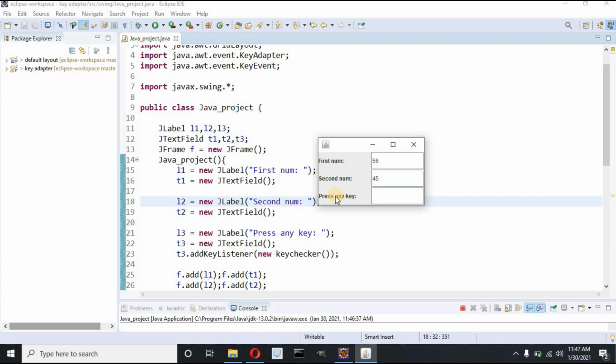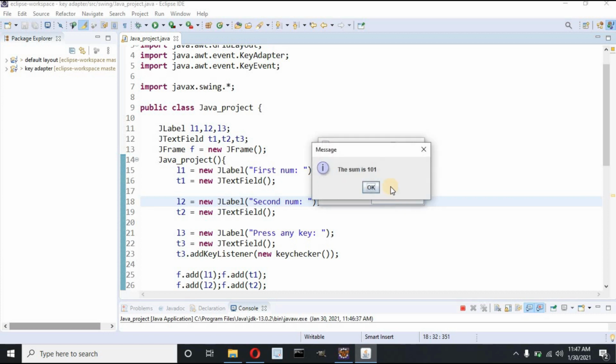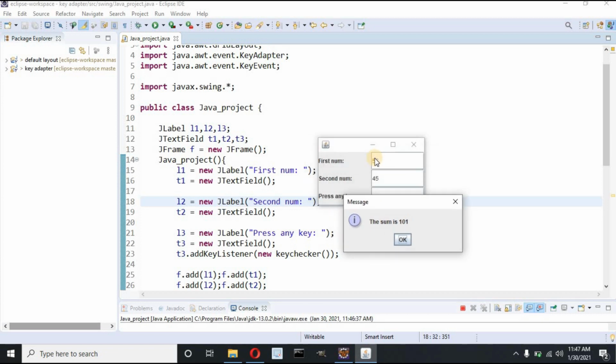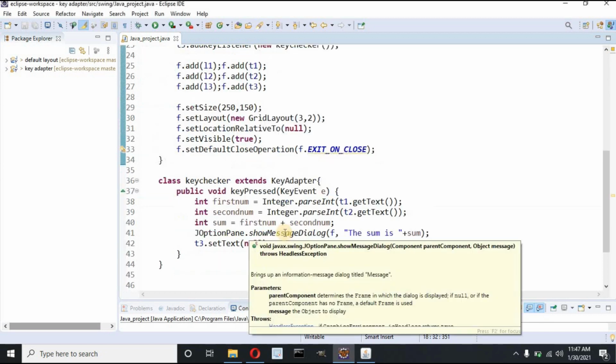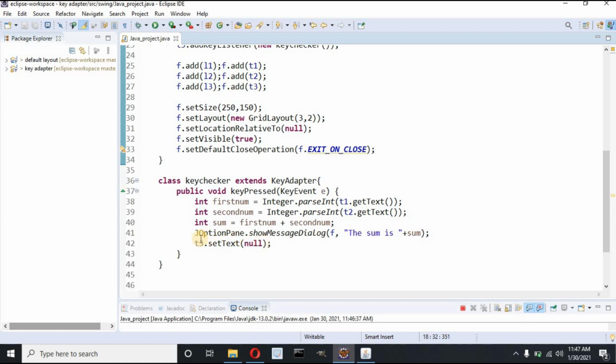Now if I press any key from keyboard, suppose if I press A, you can see here the sum is 101. When you add this 56 and 45, it will obviously be 101. And you can see now it is A. Now when I press this A, it will clear this output because I have set null to T3.